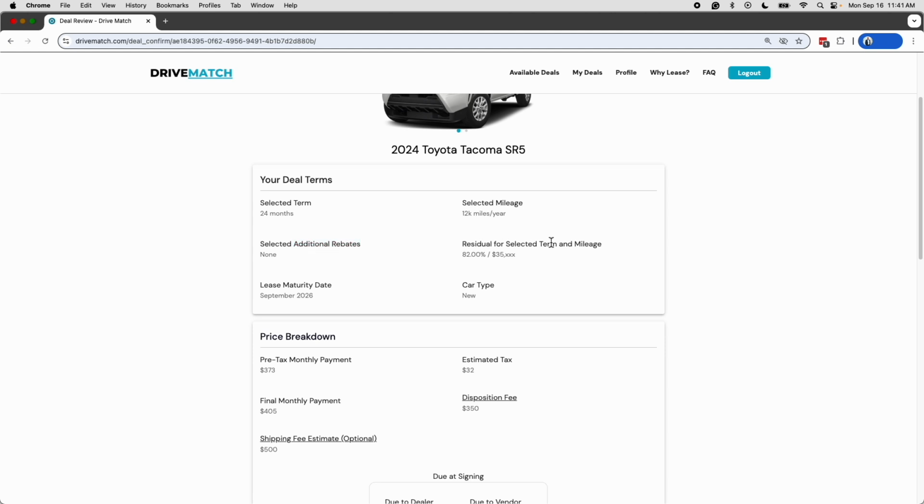The residual value, this is an awesome feature that we added. So a lot of people ask, hey, Ravi, if I lease this Toyota Tacoma or whatever other car on DriveMatch.com, what can I buy this car for at the end of the lease term? So you can see that this car has an 82% residual value, and typically Toyotas do have a high residual